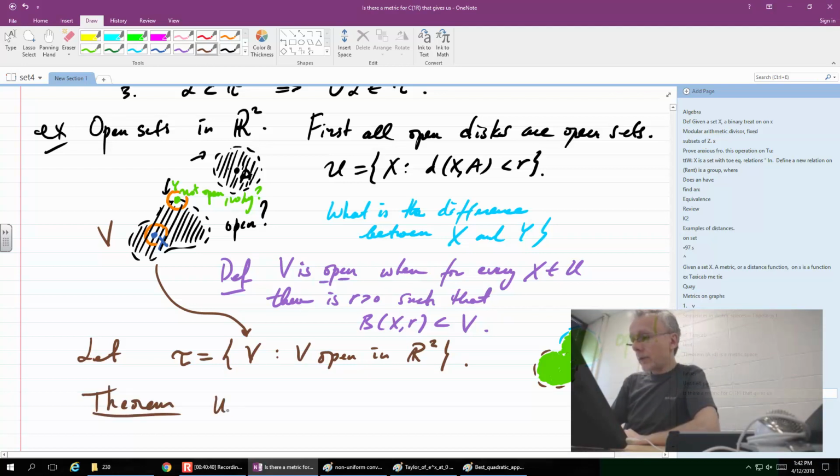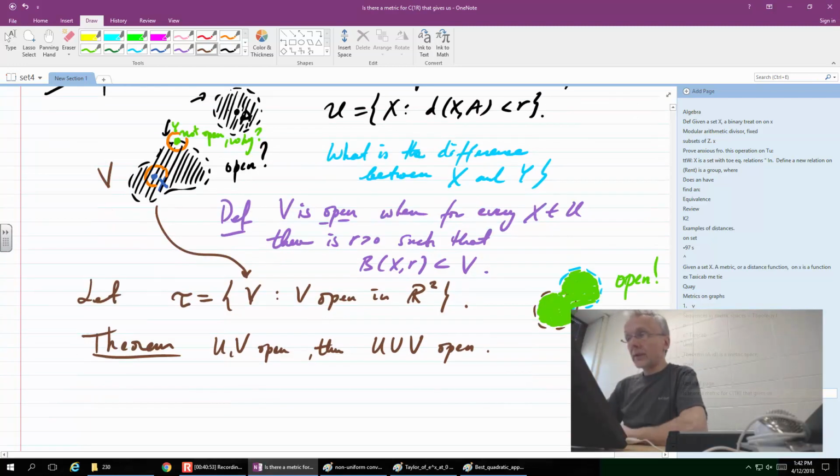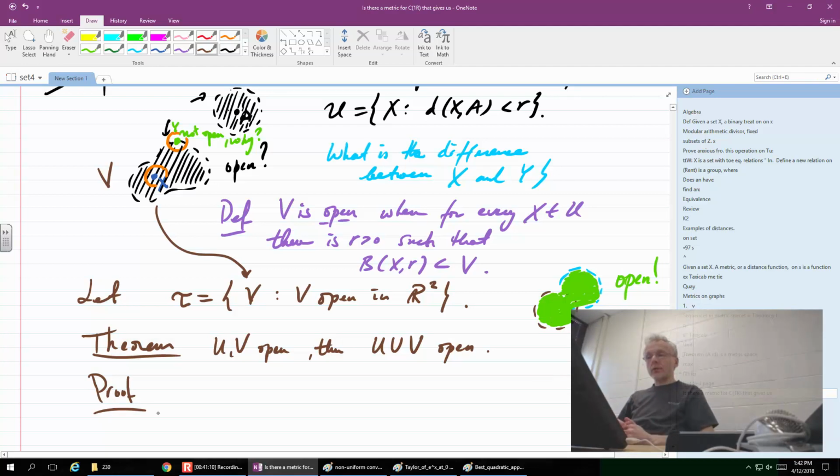So U, V open, then U union V is open, based on our definition, based on this definition that we're looking at. Well, the use of the definition becomes crucial because, once again, we are building something from scratch pretty much,